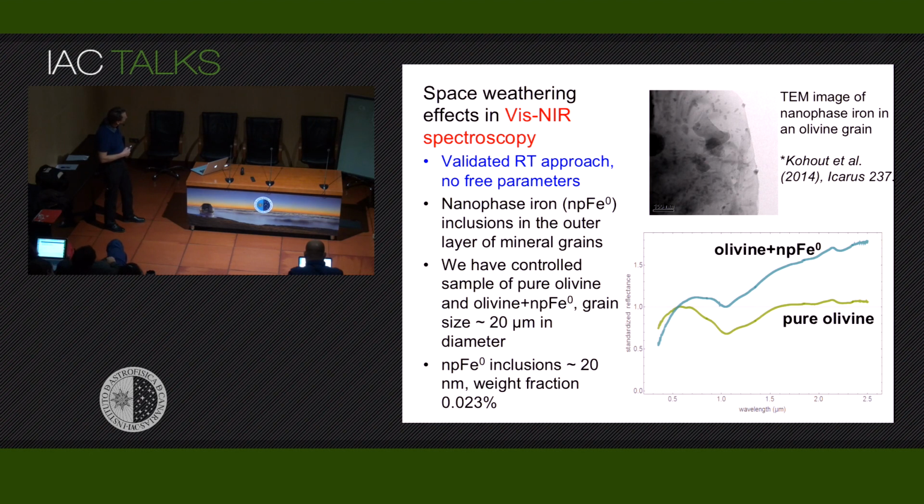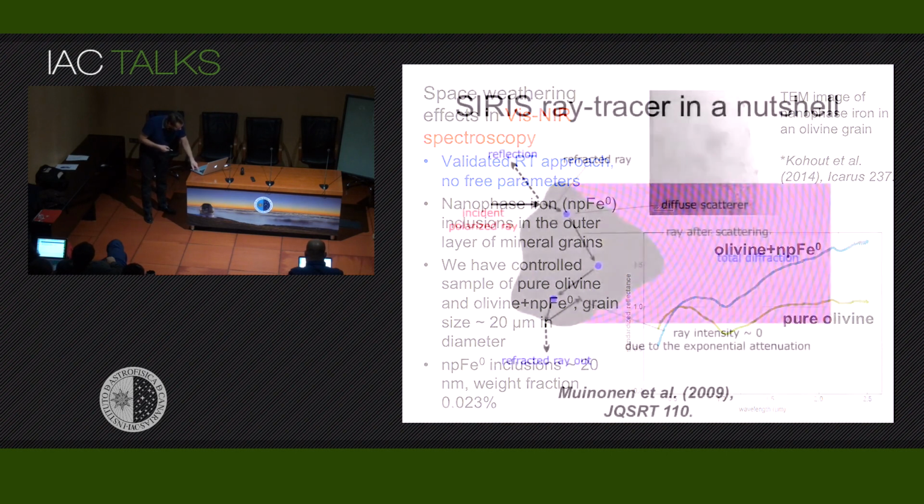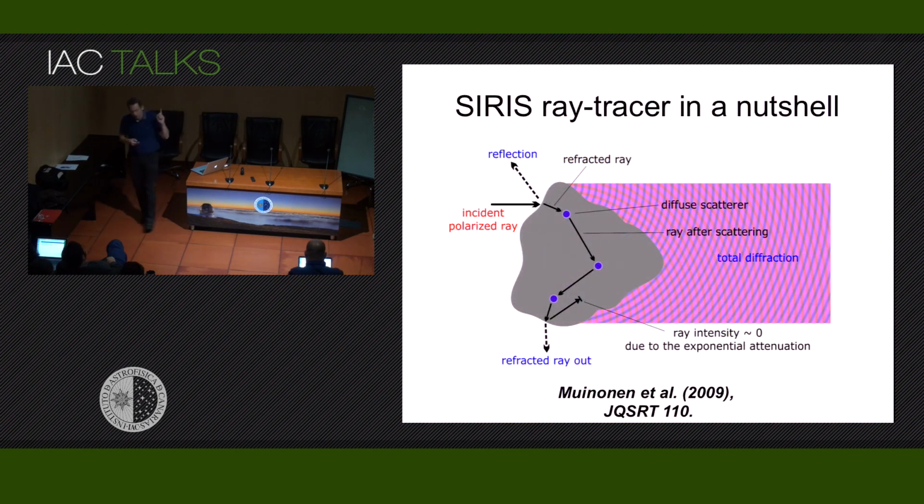The spectra have been actually normalized at 1 at, is it 0.5 or 0.55 microns, so you are not looking at the absolute level change here in a proper way, but you see the tilt of the system here. Okay, weight fraction of nanophase iron here is 0.023% only actually, and the change is substantial. So you do this analysis now using this series